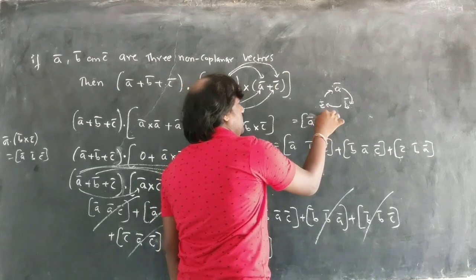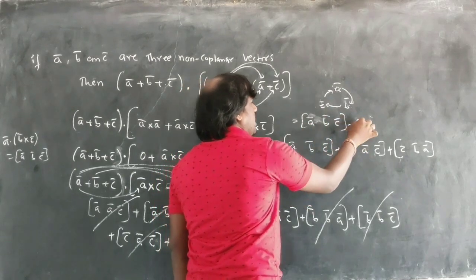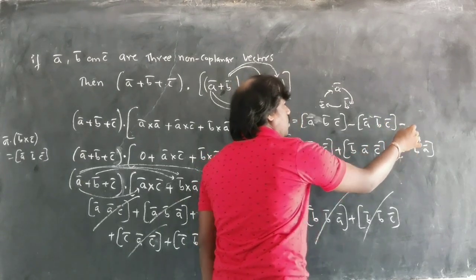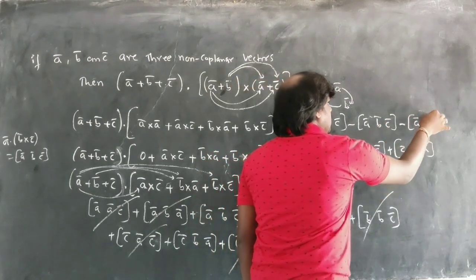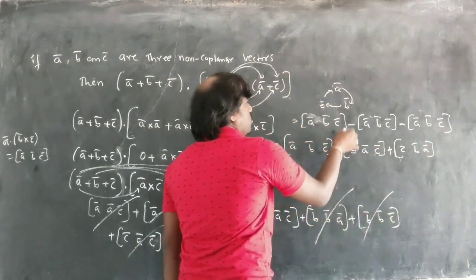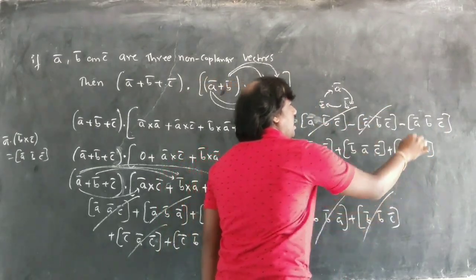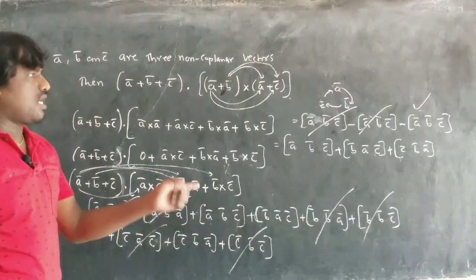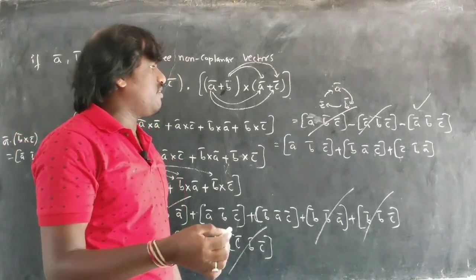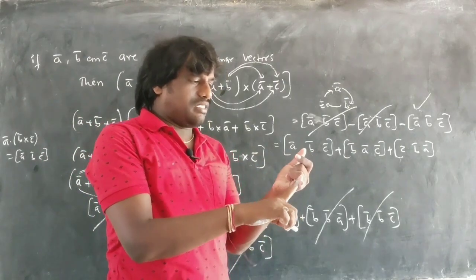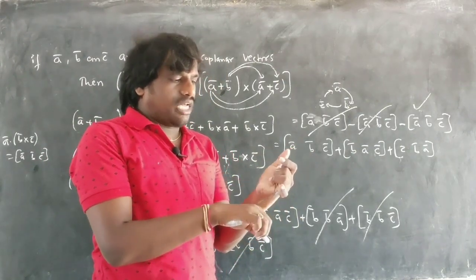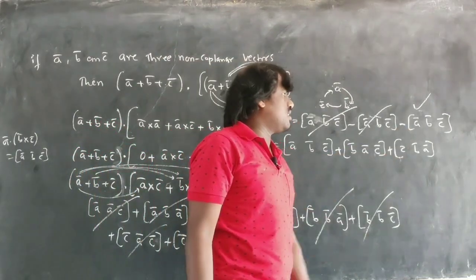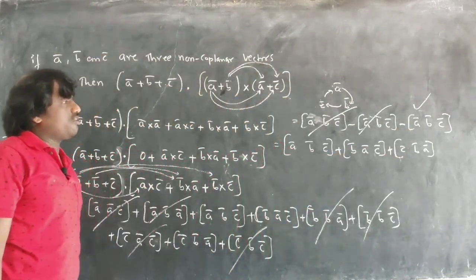So what I get here, ABC, and this will be negative of A, B, C, and this is a negative of A, B, C. That's what you have. So this is cancelled. Answer is D. The option was there, I did not write the option. So the answer is minus of ABC. The given options are like this: box ABC, minus ABC, 2 times ABC. Another options are given. So D option was this one. So the answer is minus of box ABC.